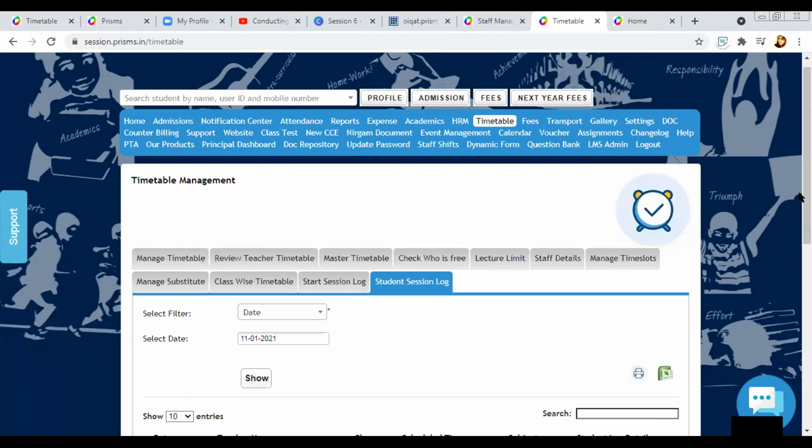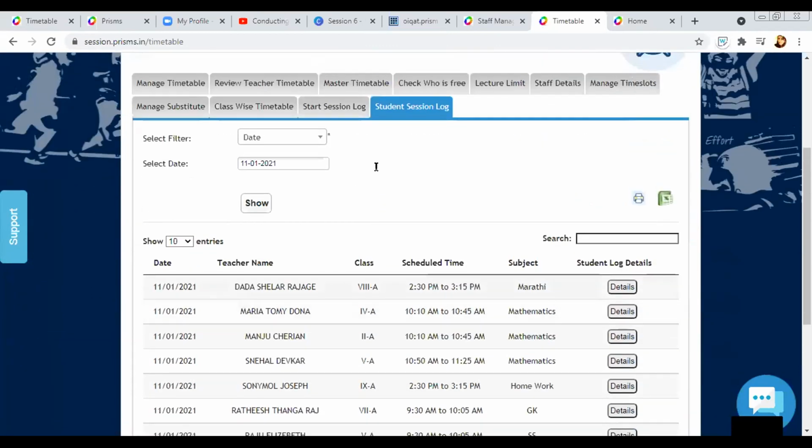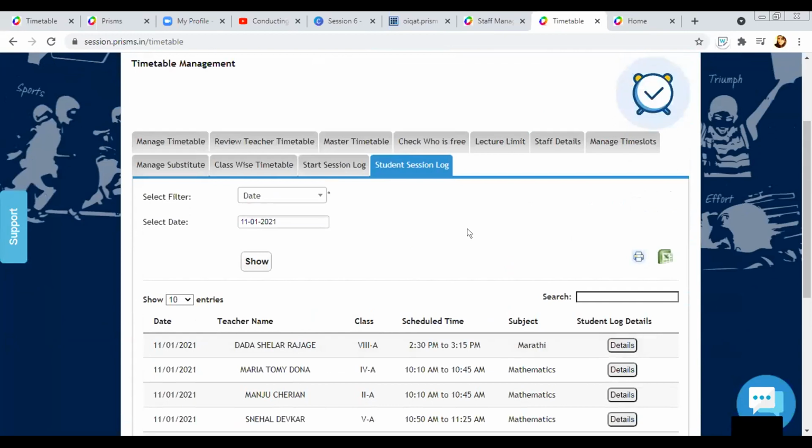So I would request all the teachers, when you set up an online timetable, please do not share meeting IDs with students, because if they do not join through our Top School app, then we won't have any sort of logs for that particular class. And logs are very important, especially for online classes, because it's a proper proof that you have taken all your online classes and have a proper log of all the children who joined.